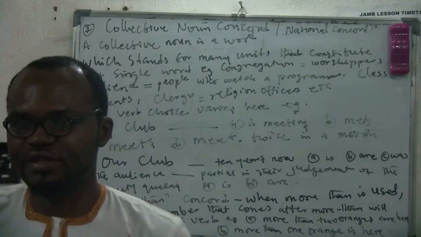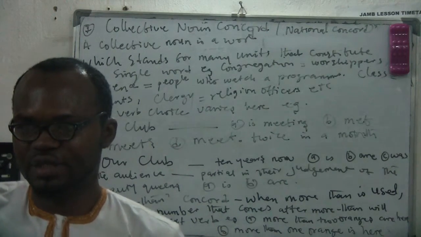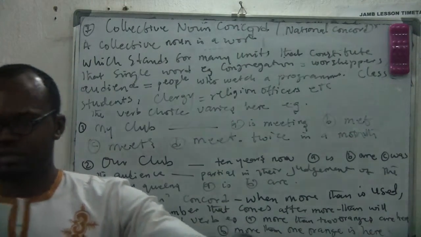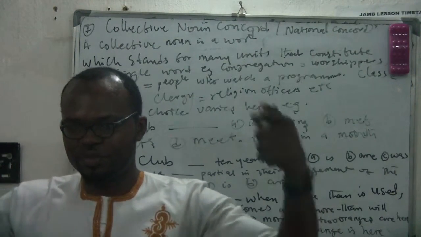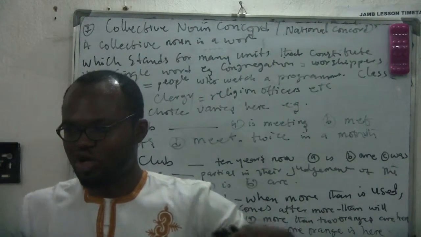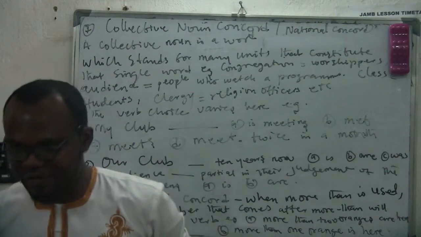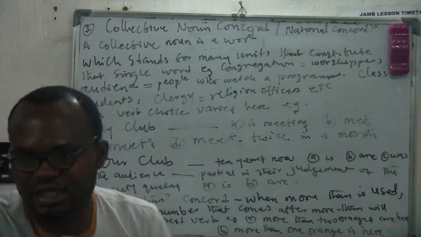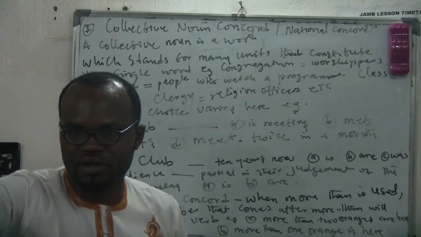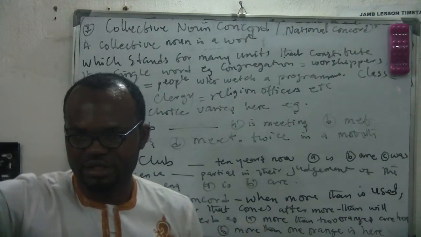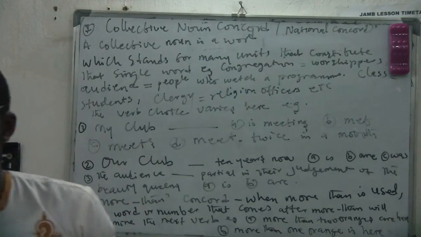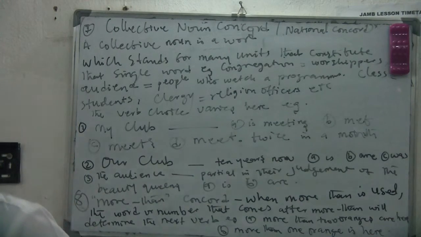Class. What are the units that constitute a class? The students in the class. Is it not? A congregation. When you go to Winners Chapel, those people that sit, they are known as the what? You go to a Catholic Church. When the Reverend Father is preaching, the people sitting and listening are the what? Congregation. So what are the component units that make up the congregation? The worshippers. Me and you that go to church, or me and you that go to the mosque.